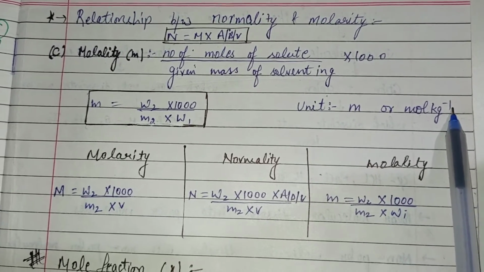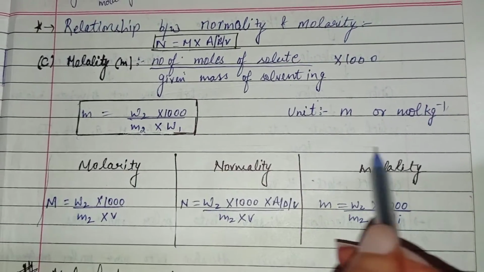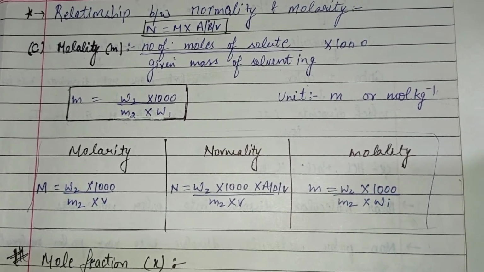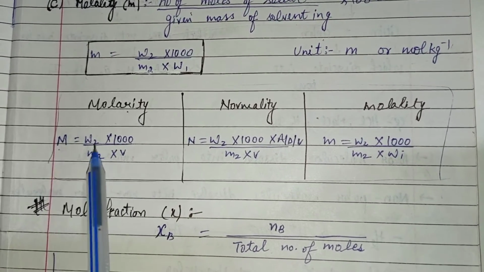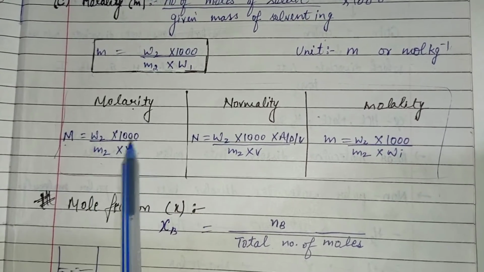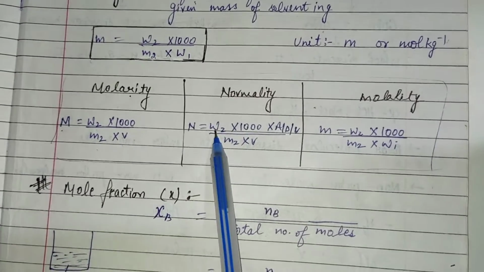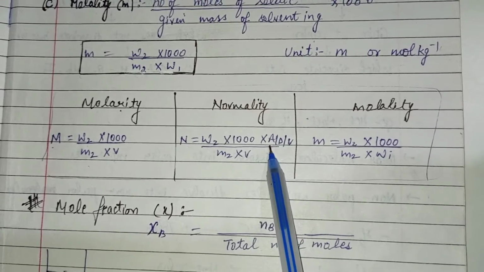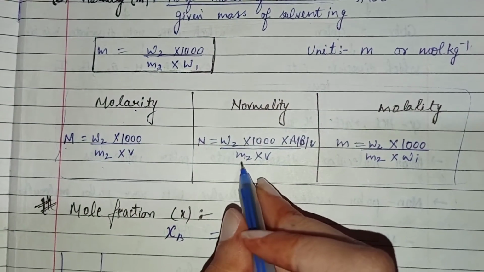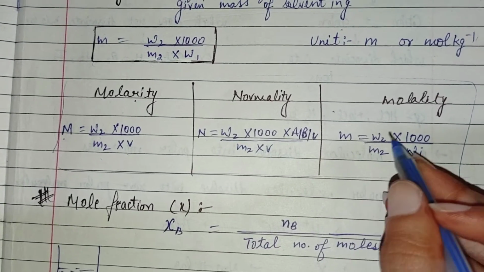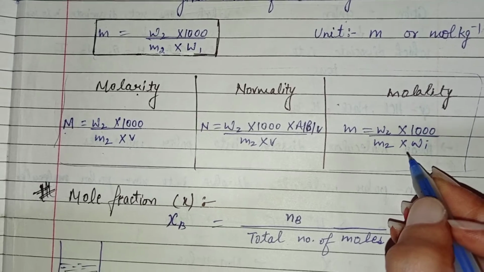Now for learning these three, we can write here that molarity, capital M, is equal to W2 upon M2 into 1000 upon V, and normality is equal to W2 into 1000 into acidity, basicity and valency upon M2 into V, and molality is W2 upon M2 into 1000 upon